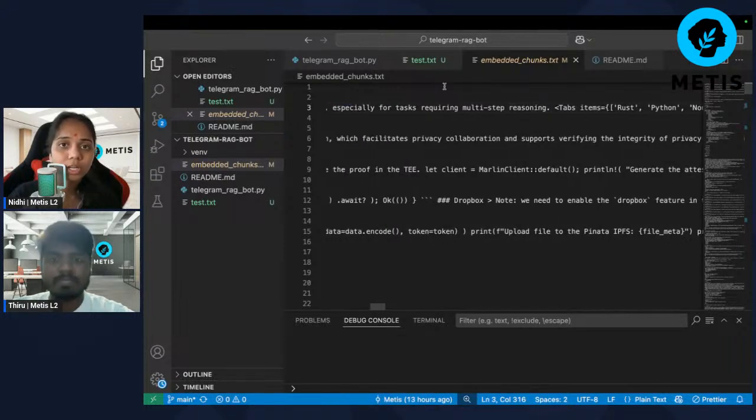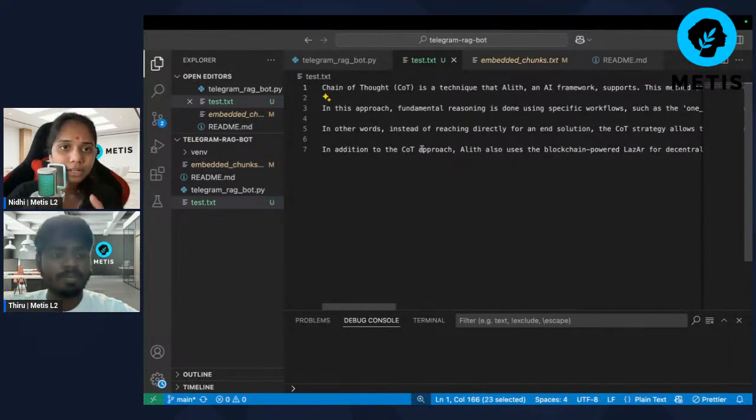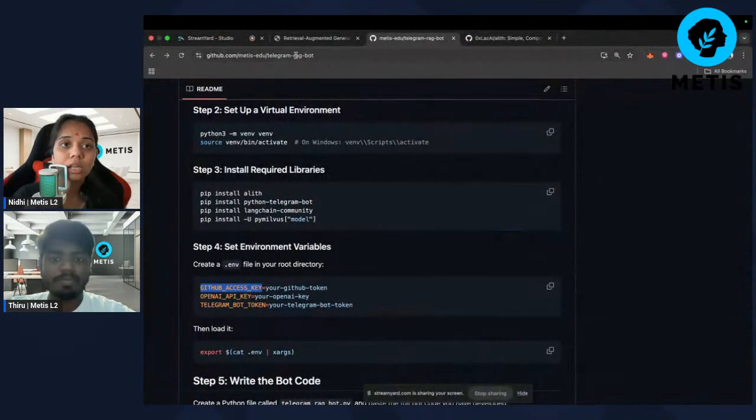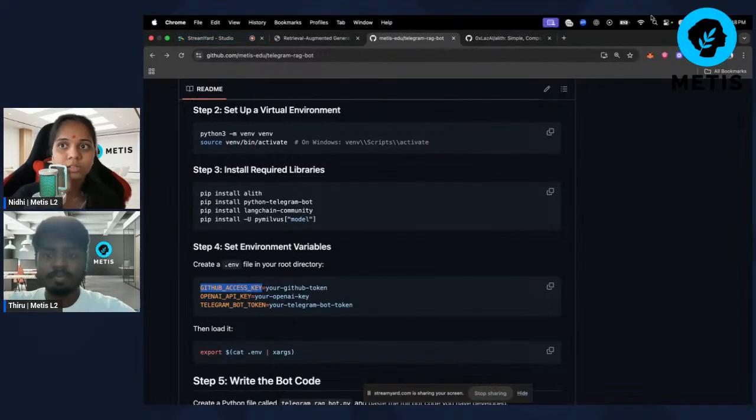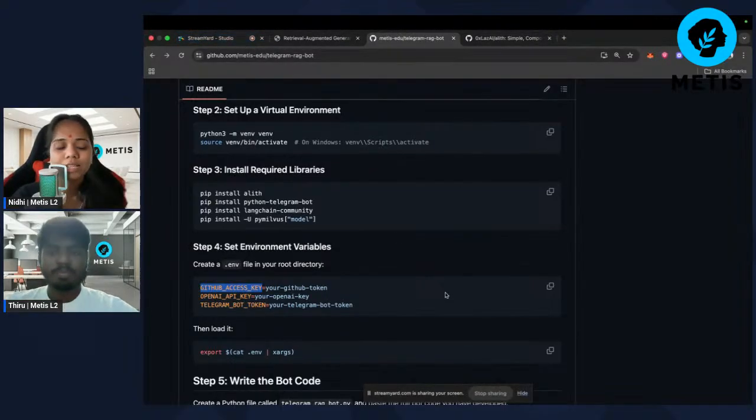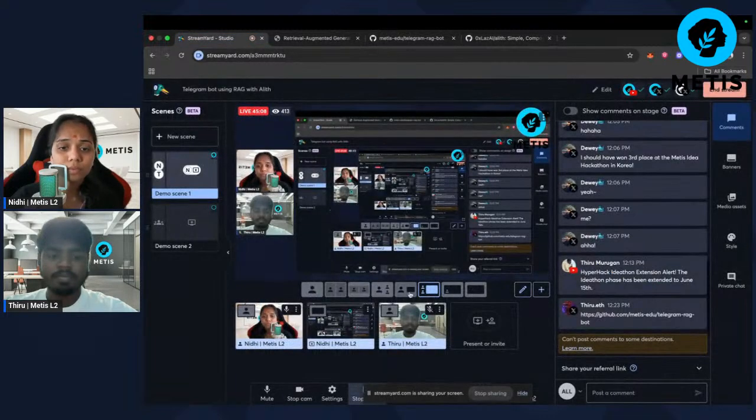So this is what it had embedded, and later it will respond with the enhanced version of the GPT response. I mean, how the GPT responds. So that's what I wanted to show you, how you integrate RAG in your Elite agent, and that's how you can